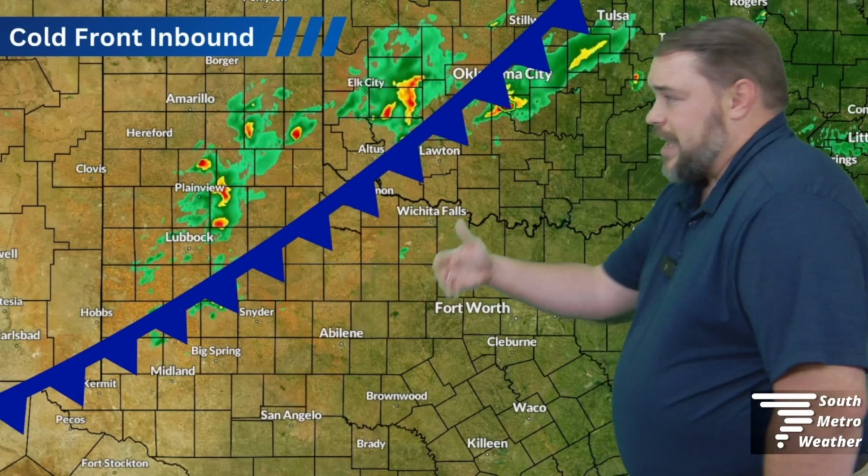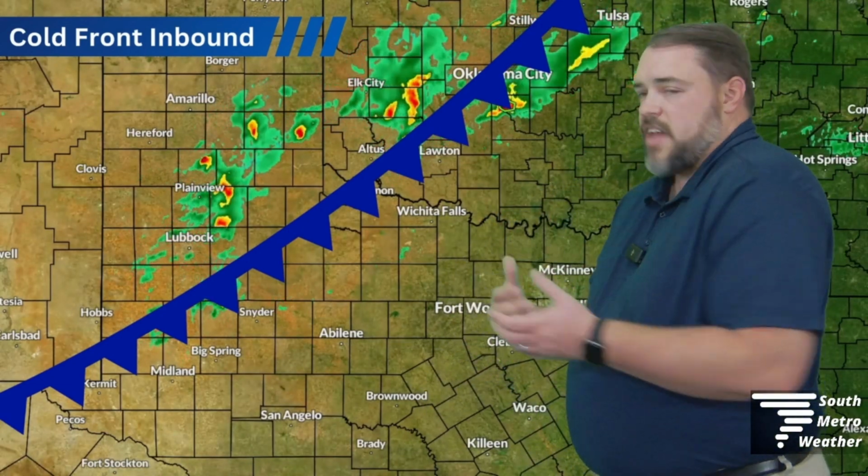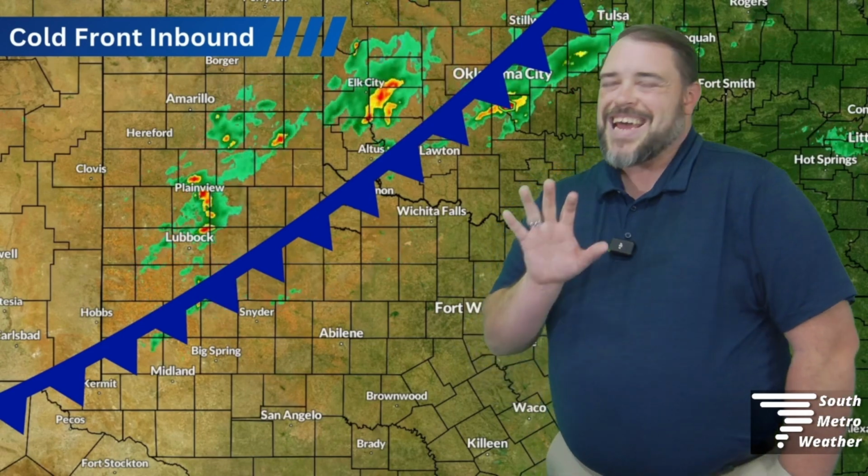We will see that increase in West Texas as we get further into the afternoon, the heating of the day. That will kick off more storms. Unfortunately, though, once the sun goes down, we start to lose that daytime heating. We'll see that fall apart by the time the front moves through here. I'm thinking just about a 30% chance of maybe a few showers and thunderstorms. Not much going on. It's a possibility we could have more come through, but realistically, I would stick with about